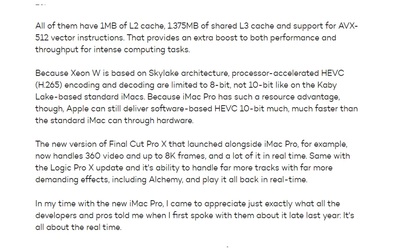All of them have 1 MB of L2 cache, 1.375 MB of shared L3 cache and support for AVX 512 vector instructions. That provides an extra boost to both performance and throughput for intense computing tasks. Because Xeon W is based on Skylake architecture, processor accelerated